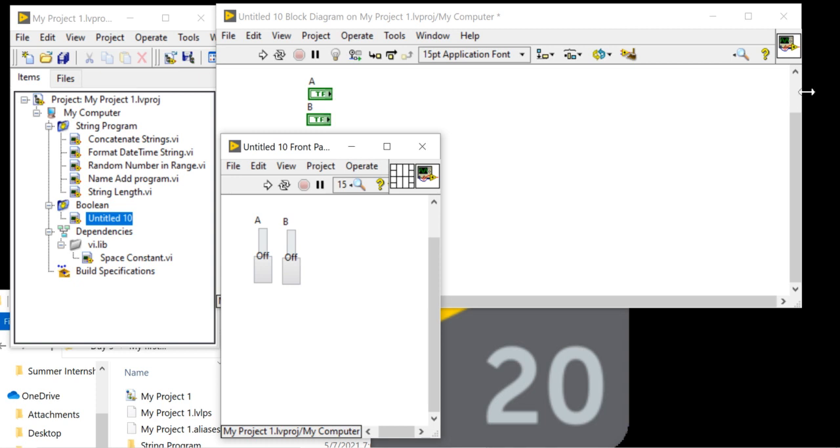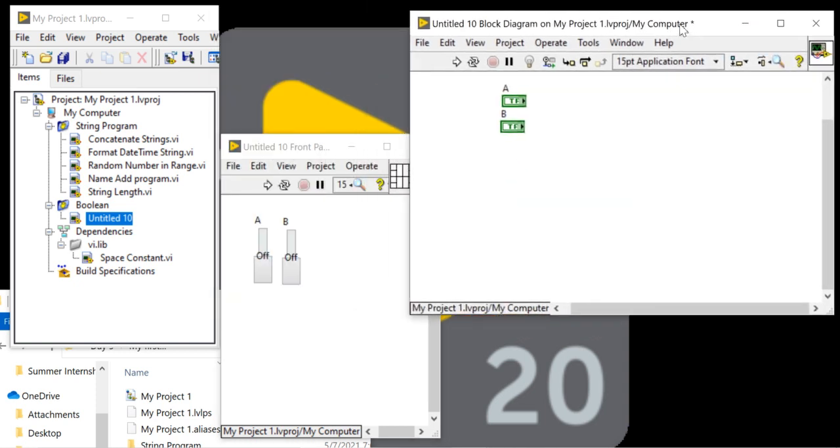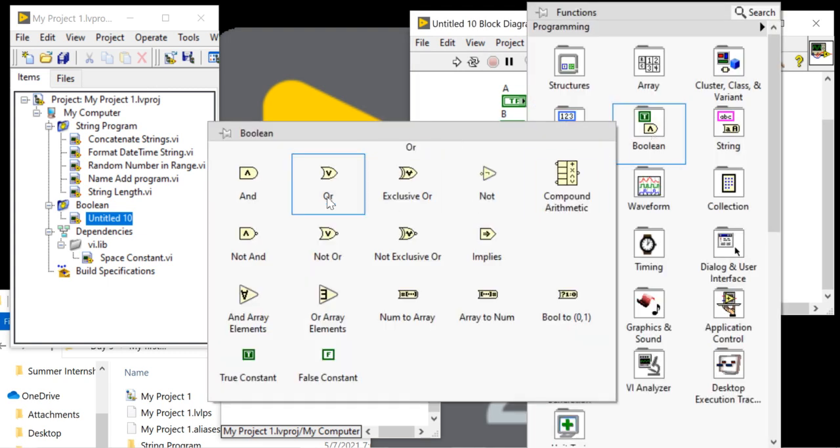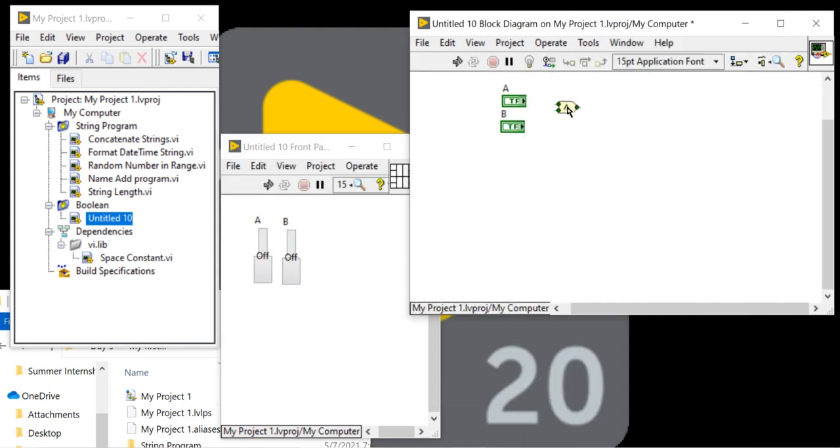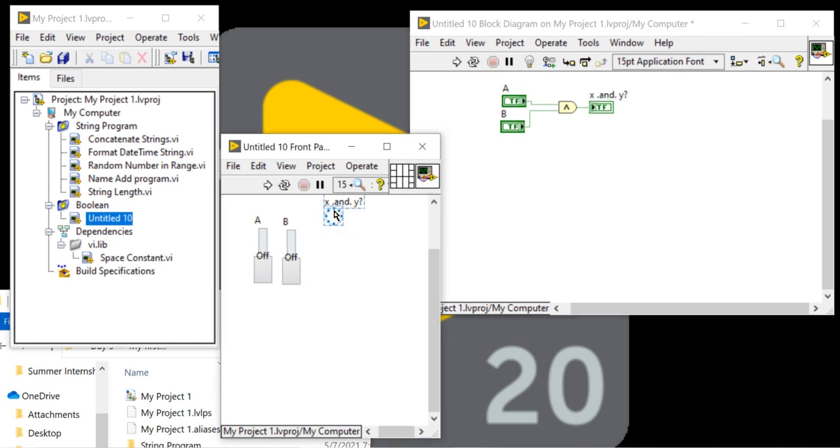Right click, come to the boolean and take the AND function and check. So it is a basic program. No need to write any logic. Common concept: if both are 1, the output will be 1.